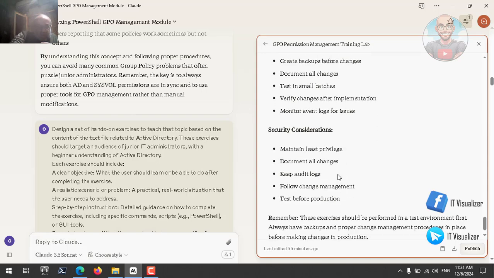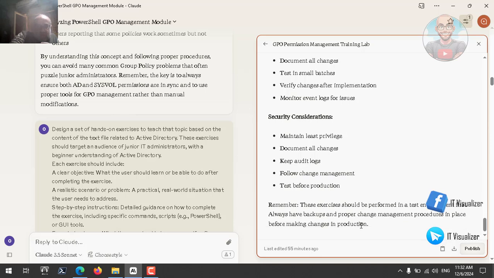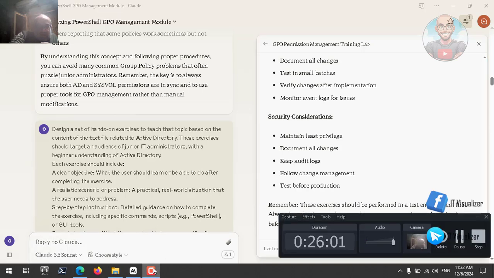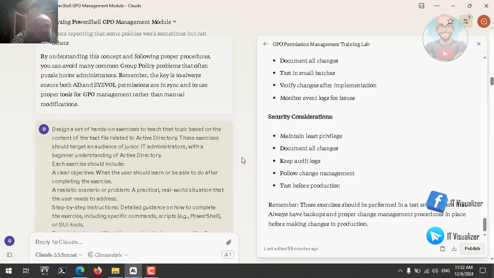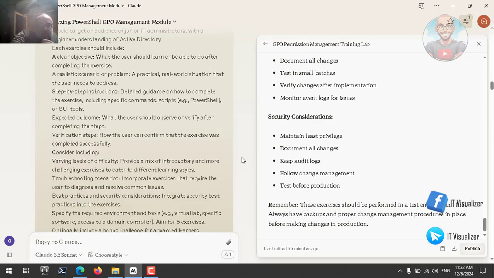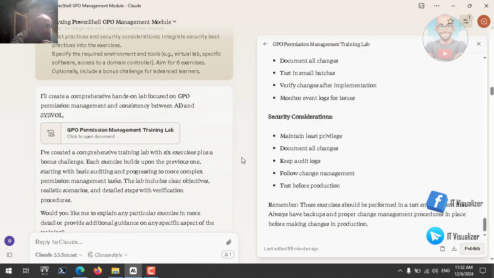Security consideration: maintain least privilege. Document all changes. Keep audit logs. Follow change management, test before production. These exercises should be performed in a test environment first. Always have backups and proper change management procedures in place before making changes in production. So this is a very good exercise, and we will go to the next step to also explain this